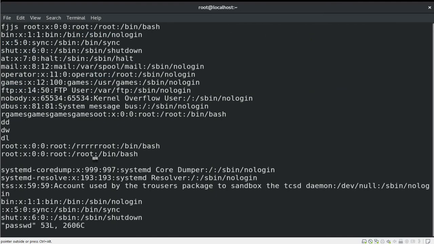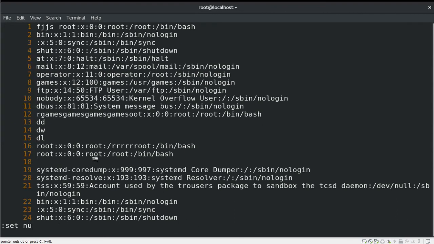Now if you check, those particular changes are not saved into the file. In exit mode, you could also use set space nu to specify numbering to your file. This is just a visual representation and it will not be saved into the file.